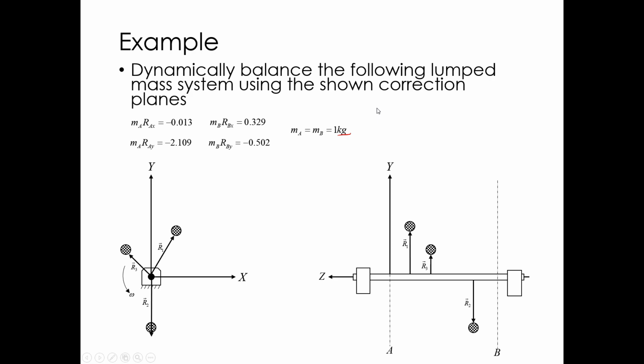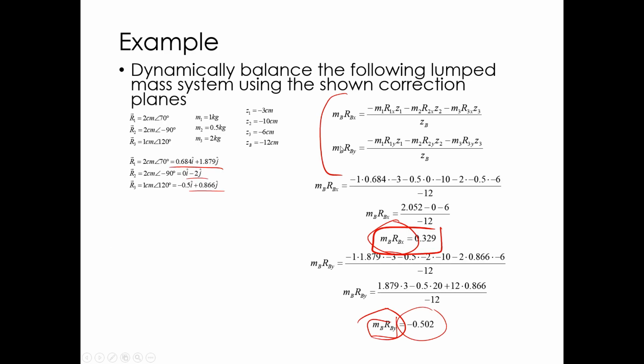So usually what I'll do for homework or exam is I'll tell you I want a 1 kilogram balancing weight, or I'll tell you I want a 1 meter away balancing weight, and then you can find the other ones. But in this case, since I wasn't told, and this would be more of a design problem, I'd say I can handle a kilogram for each of these things. So if I go back to here